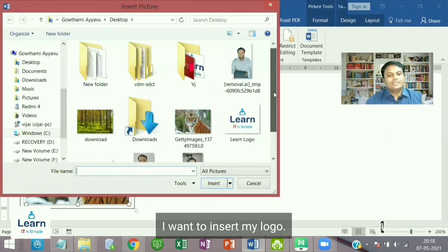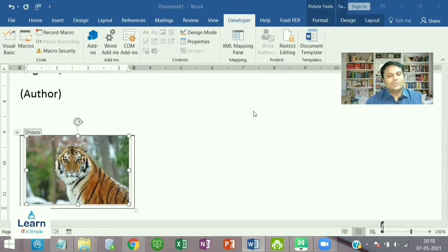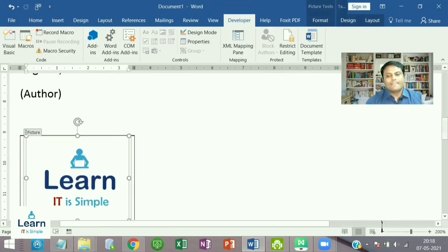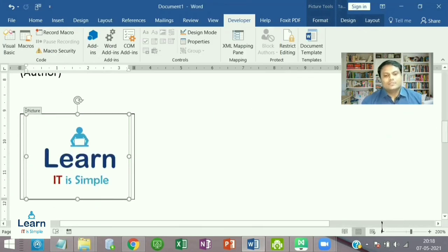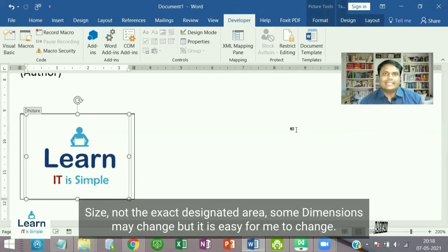I want to insert my logo. See, I'll get an appropriate size, not an exact designated area. Some dimensions change, but it is easy for me.